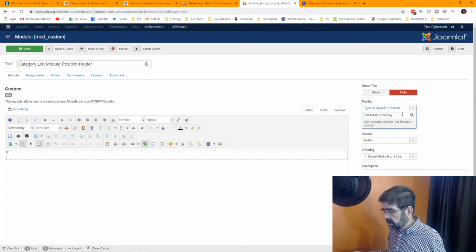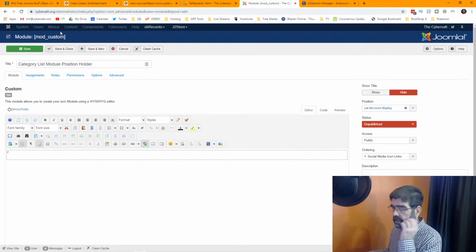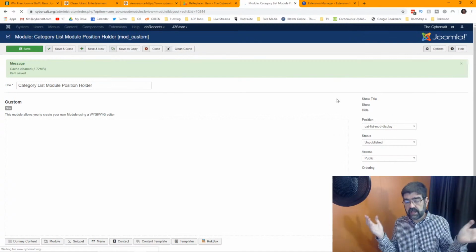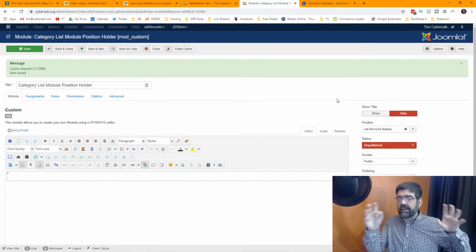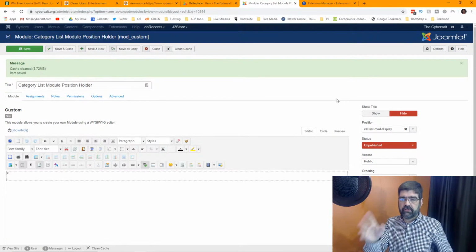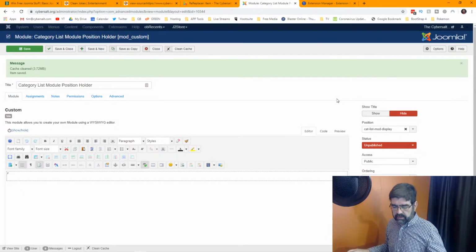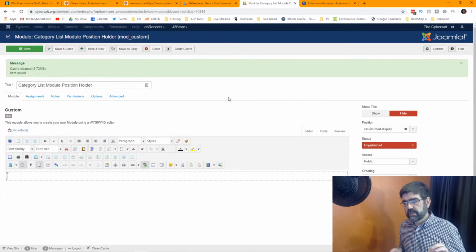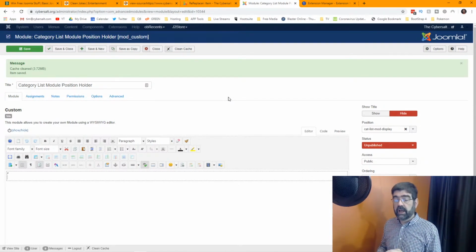Now, when I hit enter, and then I save this module, that position exists on my site now, that module position. Now, of course, we just typed in the name. It doesn't actually exist anywhere in the code. So this module is never going to display anywhere. But the reason that I make this module sort of a burner here, because if I ever delete, if I create other modules now and assign them to that position, but I delete them,